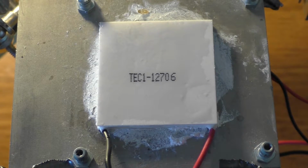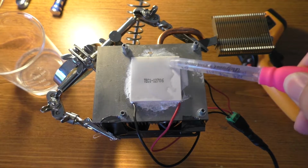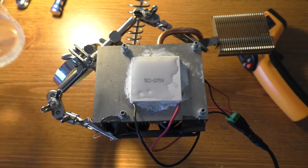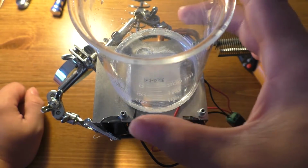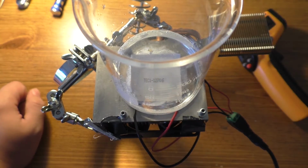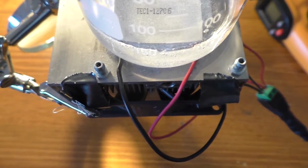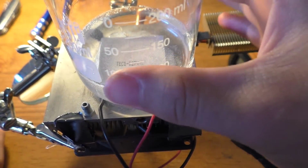Alright, so I gotta go get something that I can freeze water in, hopefully without breaking it. Alright, so I'm going to use the water itself as kind of a thermal paste, so to speak. So we're just going to put a bit more on that. And I've got 50 milliliters in this glass beaker, which is going to break if it actually does freeze. Or it's probably going to break anyway if it actually does freeze. We'll see. Supposedly really strong glass, but we'll see. I'm more interested to see how low of a temperature we can get with this water than I am if it actually freezes or not, because I'm pretty sure it's not going to. But anyway,